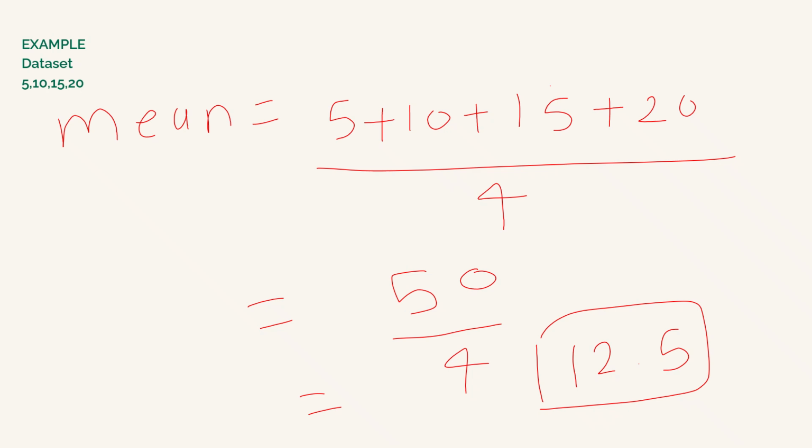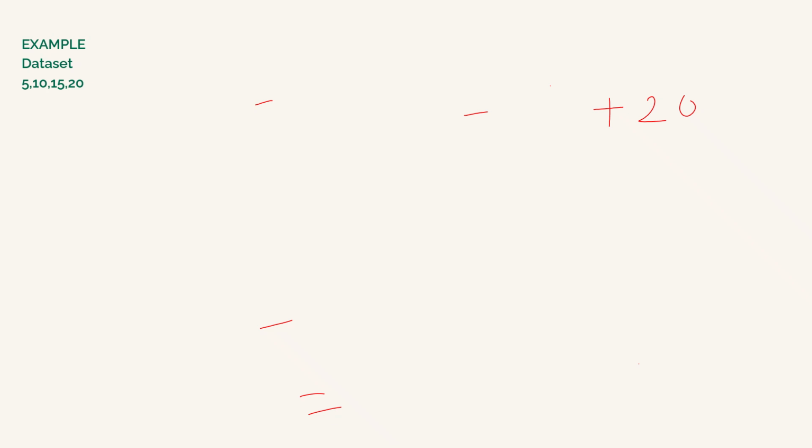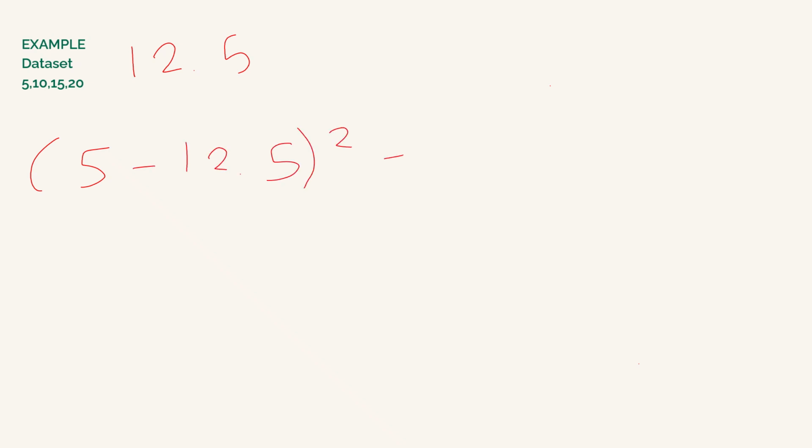So next we are going to find out the variance. Variance is the squared difference from the mean. Now our mean is 12.5. So we have to subtract this from our data set like this: 5 minus 12.5, squared, is